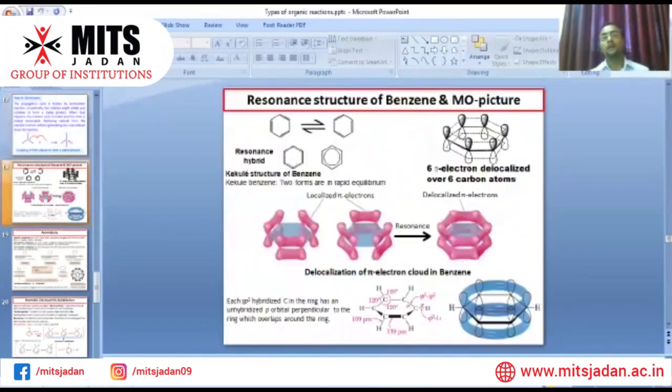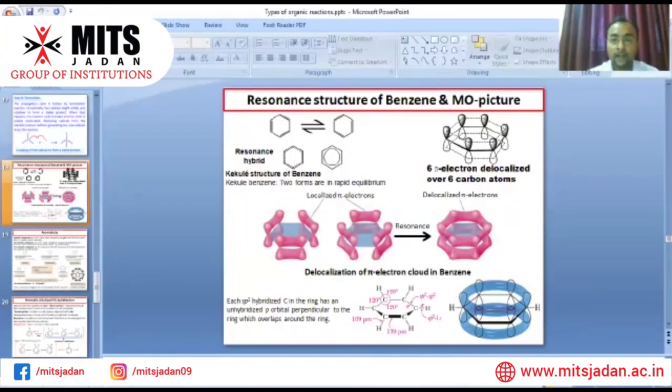Now we come to the resonance structure of benzene, because in the coming slides we will discuss aromatic electrophilic substitution reactions. So first we have to know the molecular orbital picture of benzene. As we know, benzene shows two resonating structures, called Kekulé structures, and the 6 pi electrons are delocalized over 6 carbon atoms, which are represented by the pink orbitals, that are the localized pi electrons, and after resonance, which gives the delocalized pi electrons,